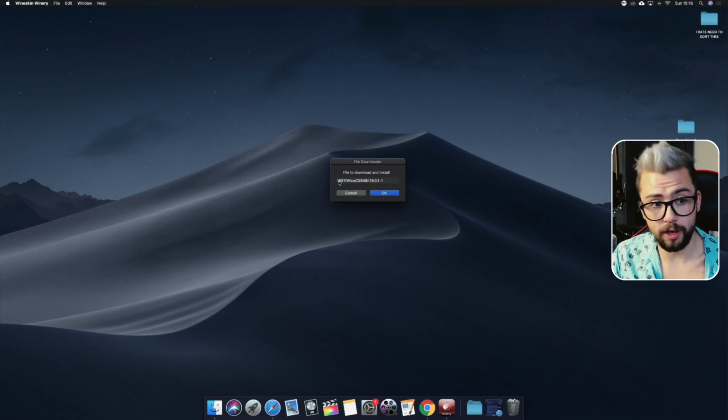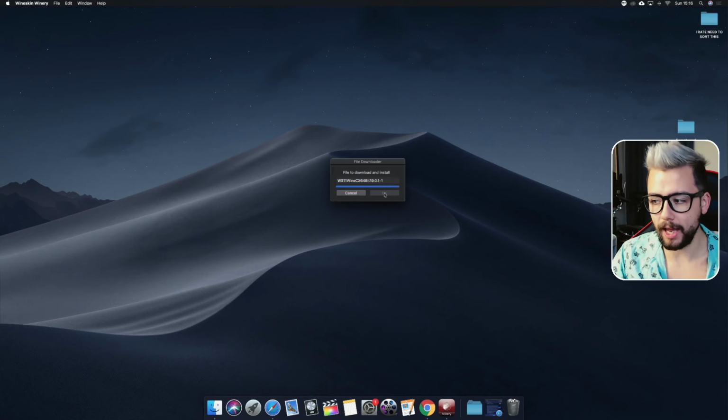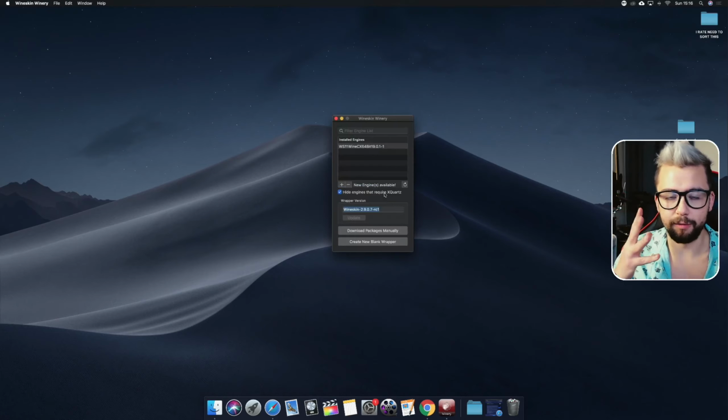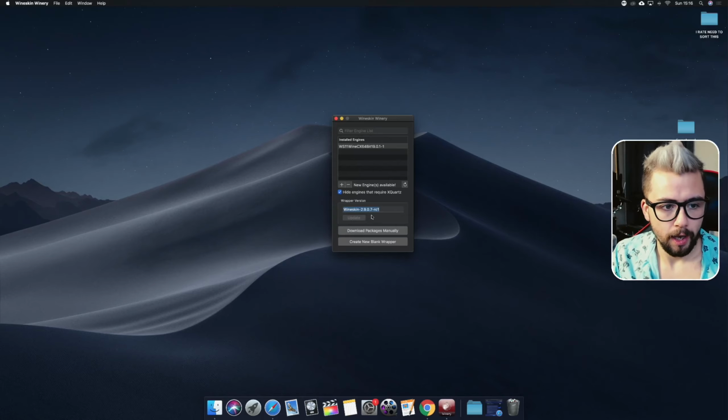Which, just to confirm, it's WS11 Wine CX 64-bit 19.0.1-1. Press OK. That's going to get that all downloaded and installed. This is basically like the version of Windows that just translates the programs that we're going to be using today. The next one, we need to do the wrapper version. So it'll ask you if you want to update just here. We will need to press update and get that all functioning correctly,